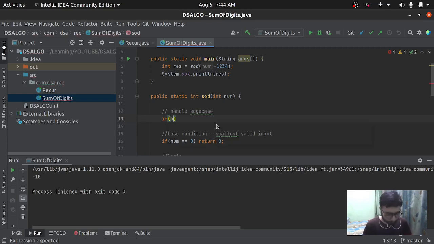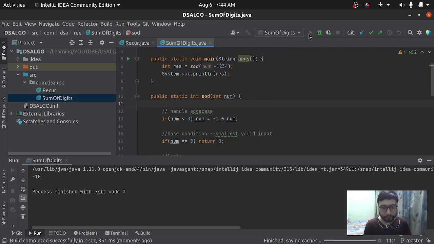So let's say if the number is less than 0, then what we can do, number is equal to -1 into number. Okay, so if we do that and try to run it, let's see. So in this case also it's giving us 10, which is the correct answer basically.